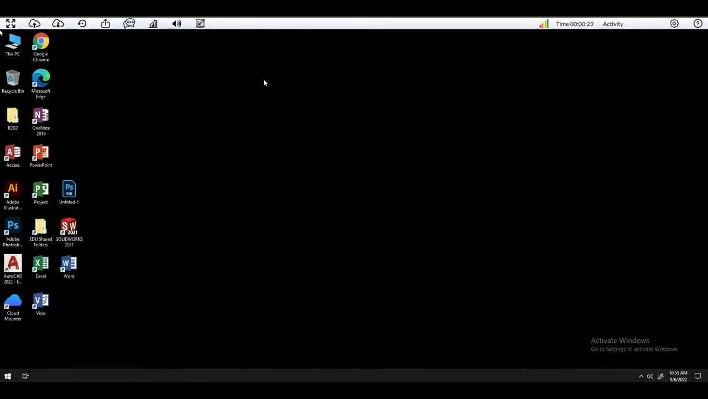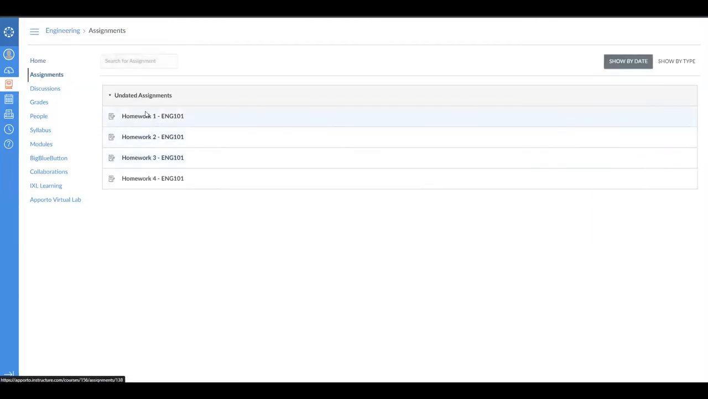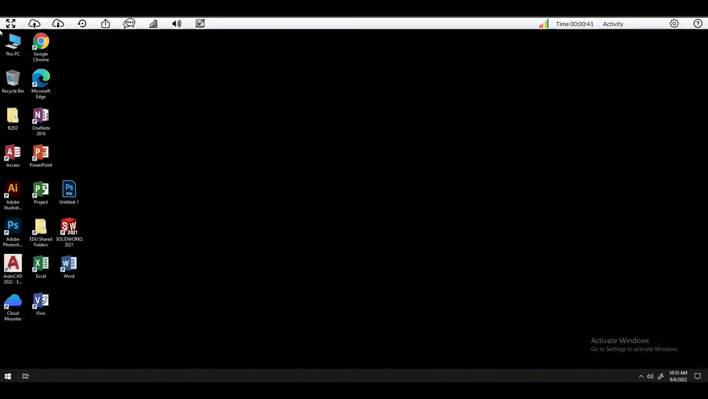Another feature that we have right now specific to Canvas is assignment return. So we saw earlier that we have assignments here that faculty has created for me. In this case, there's 4 pieces of homework. In my virtual desktop as a student, I could open up Chrome, I could go to my Canvas portal and upload my assignment from there, or I can work on my SolidWorks project or my Photoshop project, download it to my physical machine, then go to my Canvas and upload it, or I could just click the submit assignment button